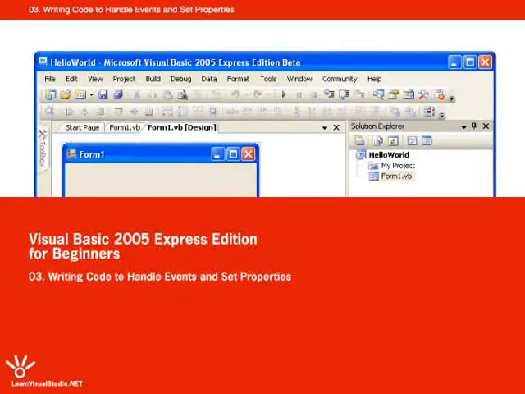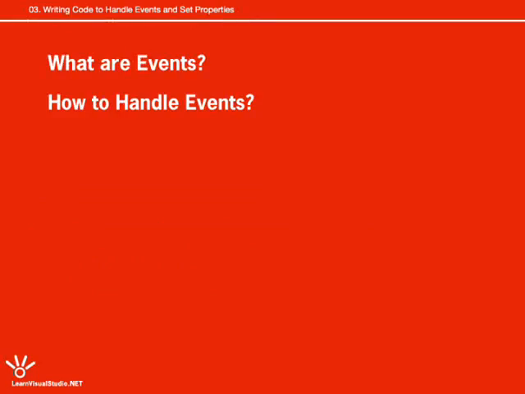Hello again. If you've already watched the first two lessons, you're probably wondering, when are we going to get to start writing some code? And the answer is right now. In this video, we're going to talk about events and how to handle events that occur within your application by writing some code. We'll keep the code simple for now by just setting some properties at runtime for the controls